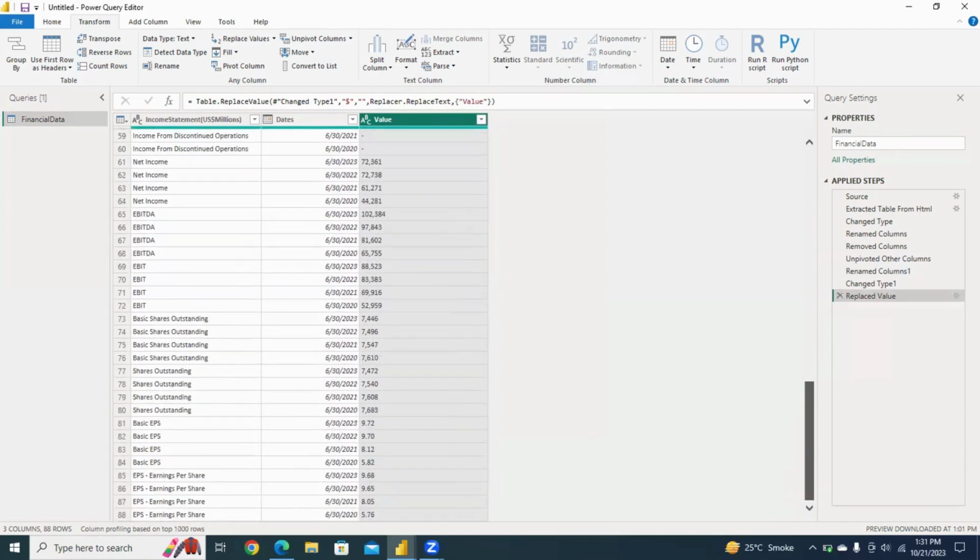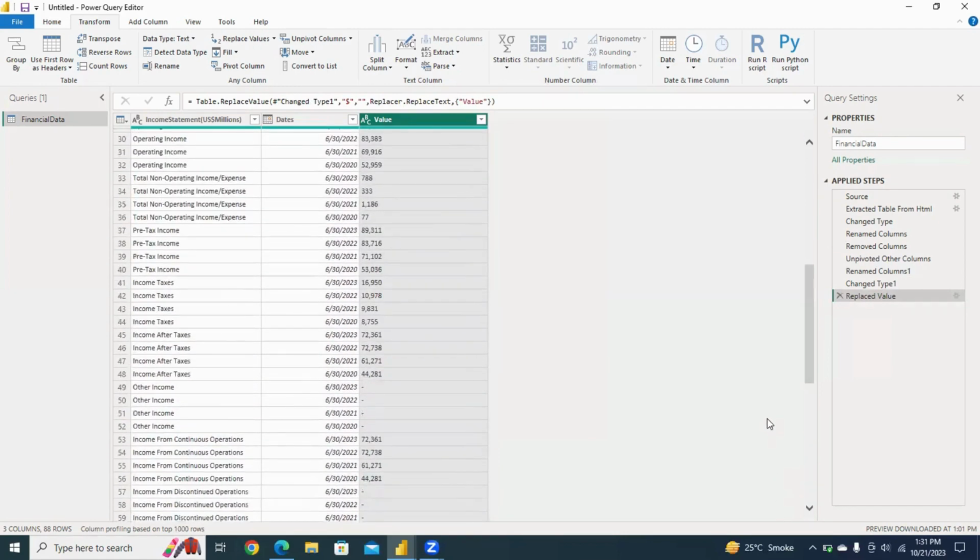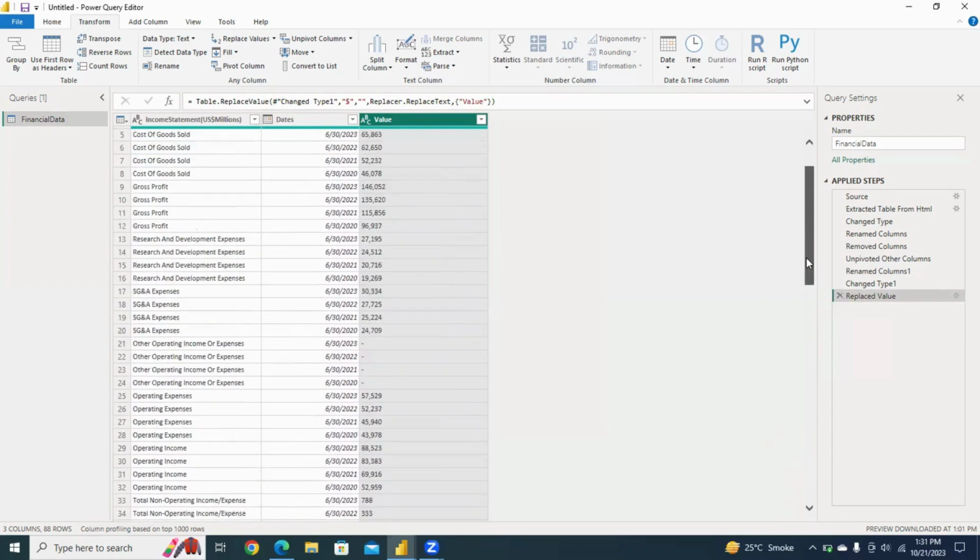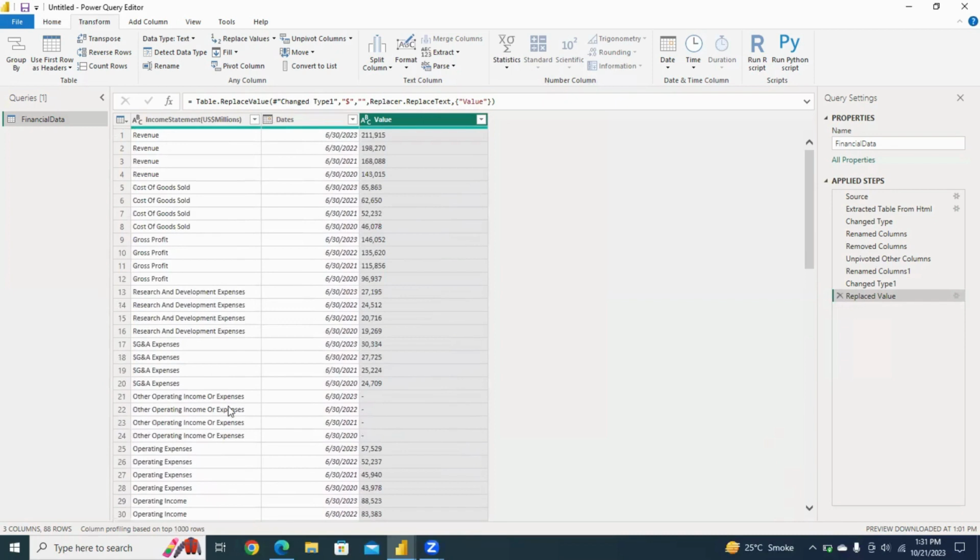My blanks, my other income is blank. My other, you can say the other operating and income expenses are also blank. At the top, changing the type of the data, I can change to the decimal number, to the percentage, etc. And